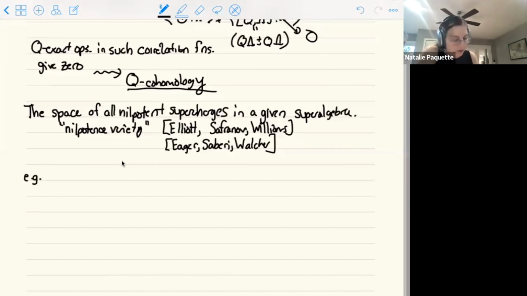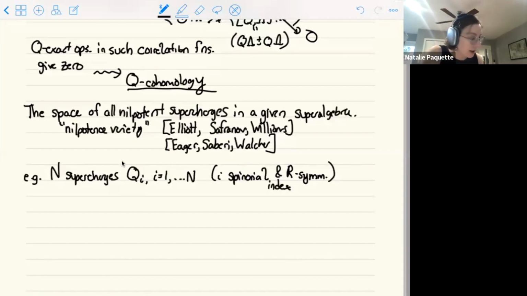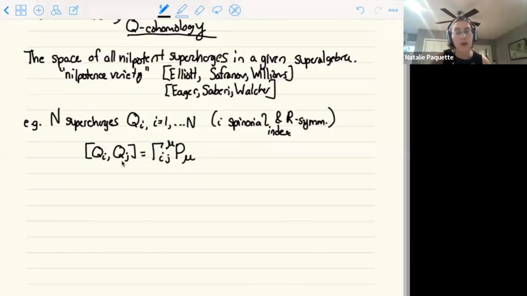How is that defined, or how can we find such a variety? Well, for a general superalgebra, we have, let me say, capital N supercharges, depending on which algebra we're studying. I'm going to call them Q_I, I ranging from 1 to capital N. Here I is a kind of composite index, combining my spinorial index, if applicable, with any R-symmetry index that I might have if I'm working with an extended superalgebra. In general, the brackets of Q_I and Q_J will take a form that looks like this for some suitable coefficients gamma. The different Q_I and Q_J will always anticommute to some suitable linear combination of translation generators in your superalgebra. So, for example, if you want to take some general arbitrary linear combination of any of your supercharges with some coefficients q^I, such that these are not all 0,